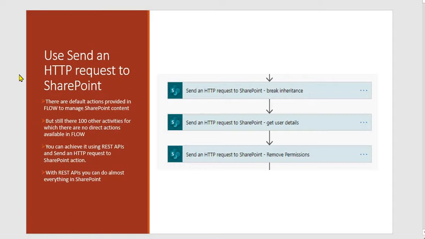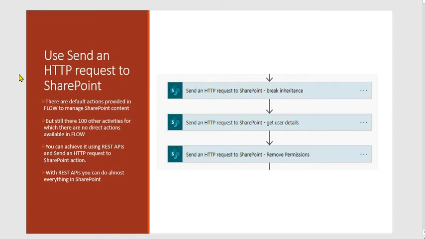Power Automate has provided us this action wherein you can provide the REST APIs, headers, inputs, metadata, everything whatever is needed. You can define the method, whether it is post, get, and you will be able to do almost everything in the SharePoint using Power Automate.